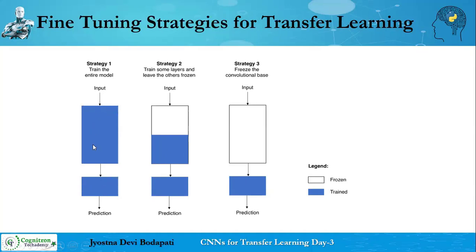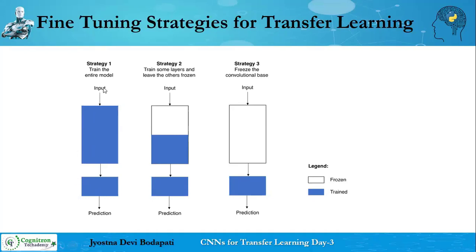There are 2 different portions in every model. The bigger one indicates the convolutional blocks. We have a large number of convolution blocks, so that's why I'm showing that with a bigger rectangular box. The smaller rectangular box indicates the fully connected layers. Now there are 3 strategies, and how they vary is that you are just training every layer of your VGG16. Instead of creating your own model, you take the same architecture available with VGG16 and train it using your own data.